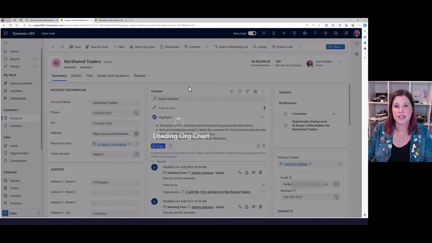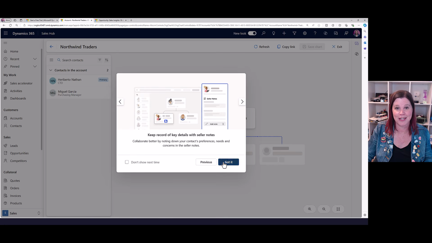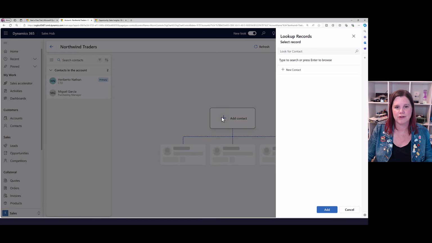So let's have a look at this org chart feature, which is something that you have in here. Let's just skip over the instructions. So what we can do here is add in. I'm going to put, I think we've got Heriberto is the most,